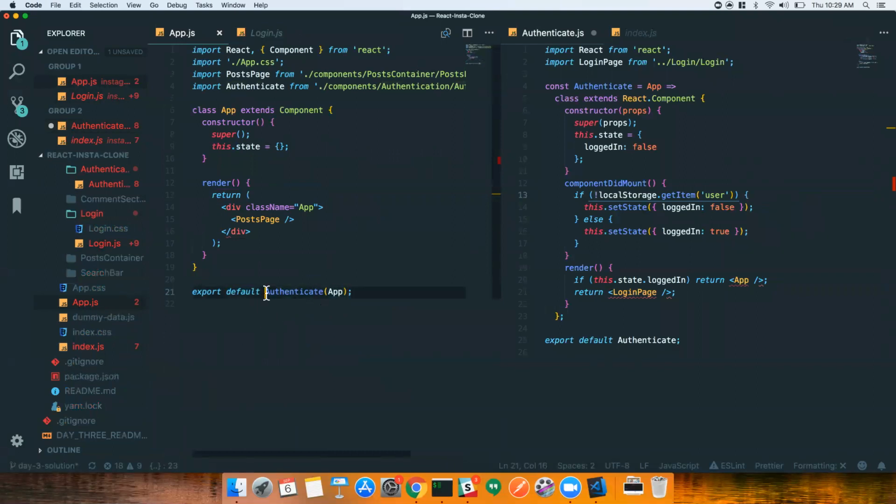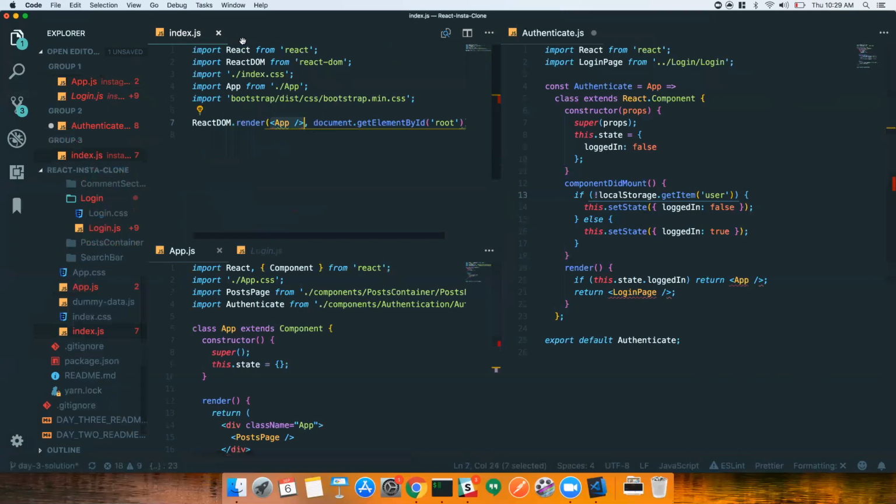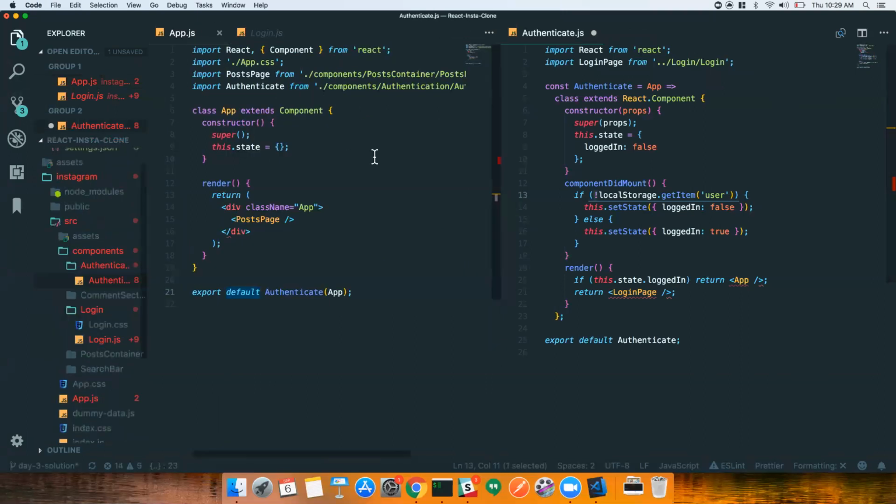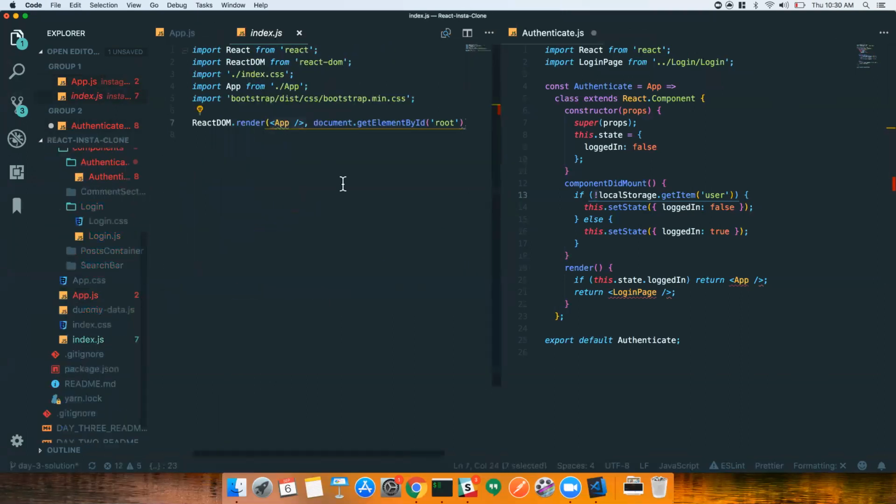So we're going to export something from this file here. And we're calling this export the default export for this file. What that means is when we import that into our index.js,